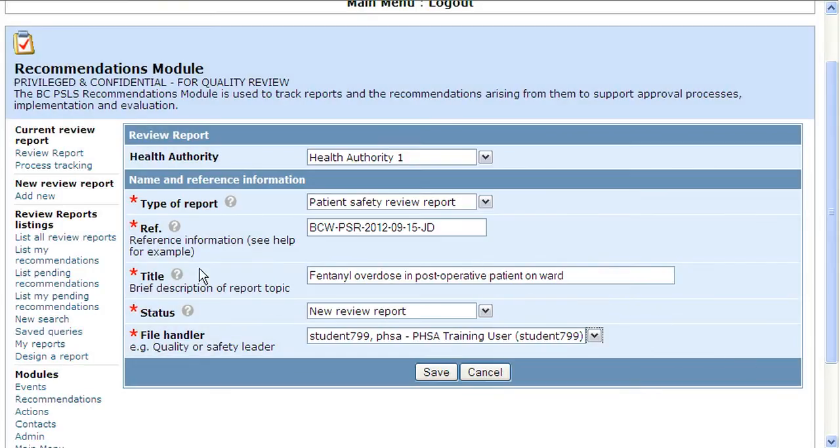If your health authority is utilizing the process tracking screen, it will be visible in the navigation panel on the left side of the screen. This screen contains information